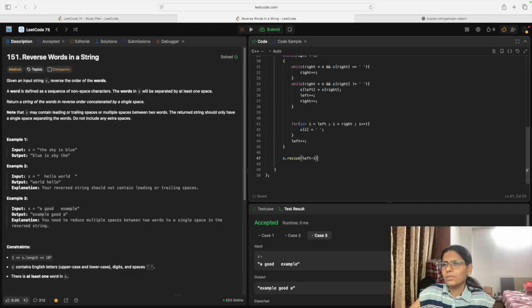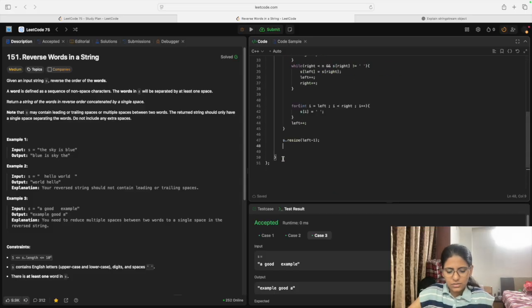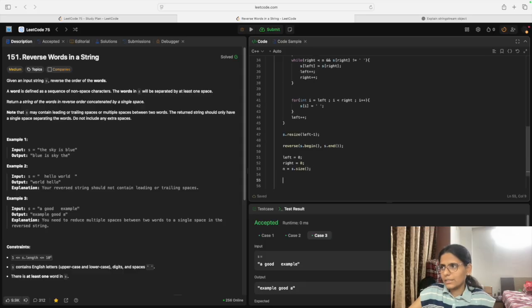Now what I did in a simple way, I just reversed it. So reverse the string, yes dot begin and yes dot end. And let's start, now we have to reverse it again, so left is equal to 0, right is equal to 0, and my n is equal to the new size of the string, yes dot size. And I will take, while my right is less than n,